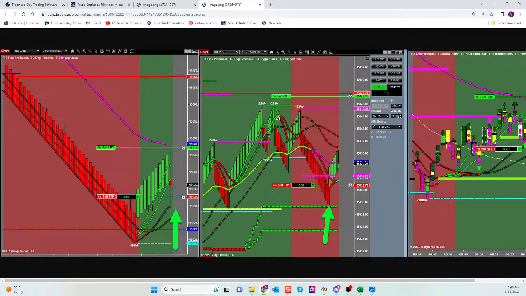If you get in here, 3 divergences in the same location says it's probably going to close the gap. And look how it does it almost to the tick. Until you can read your charts fast enough to manage out of this trade, it's better to let it close the gap. It's better to wait for those triggers to be favorable.